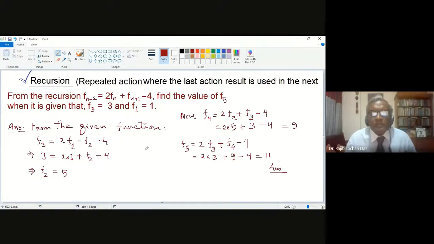So f(8) and f(9) are also needed for f(10). So this is the concept. A very common example is the Fibonacci sequence, right? Fibonacci sequence numbers, that is also recursion, because